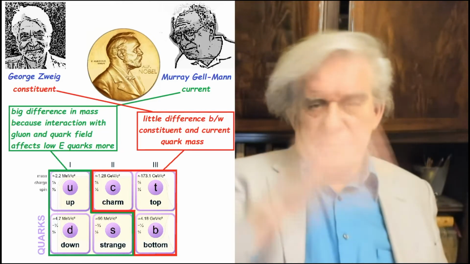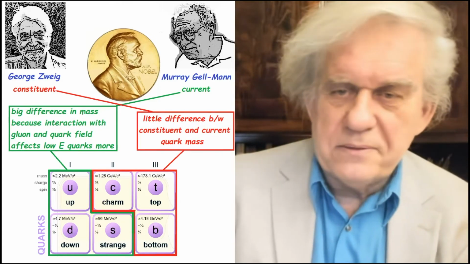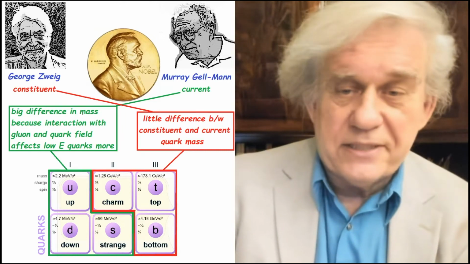And again, they give the Nobel Prize to Murray Gell-Mann because he's the guy who apparently figured out this key issue of the current quark. Or maybe it's just politics, as it usually is. Because he was down the hall from Feynman, and Feynman had won his Nobel Prize in '65, and Gell-Mann, I don't know when he got his, but he got it shortly after that, because all these guys know each other, and they say, okay, if you vote for me today, I'll vote for you tomorrow. That's why they all have these prizes given to each other. They're all from the same club, okay? And as long as they all repeat the same mantra, about quarks and so on, they're going to get their Nobels, okay? So you got to stick with the catechism, the official catechism. You got to toe the party line.